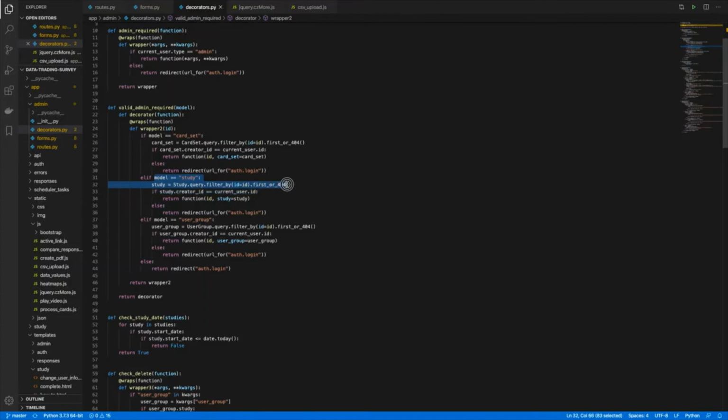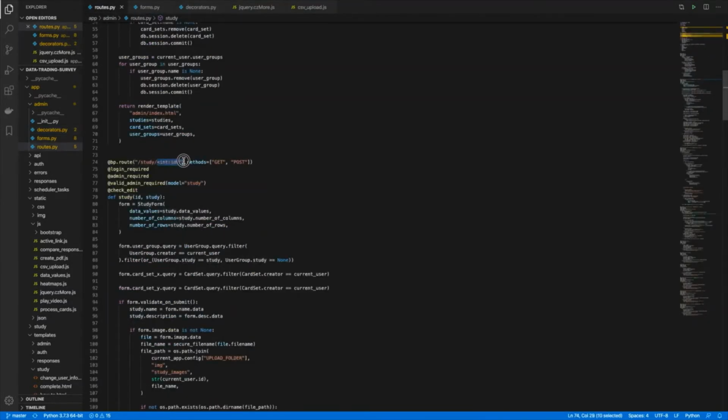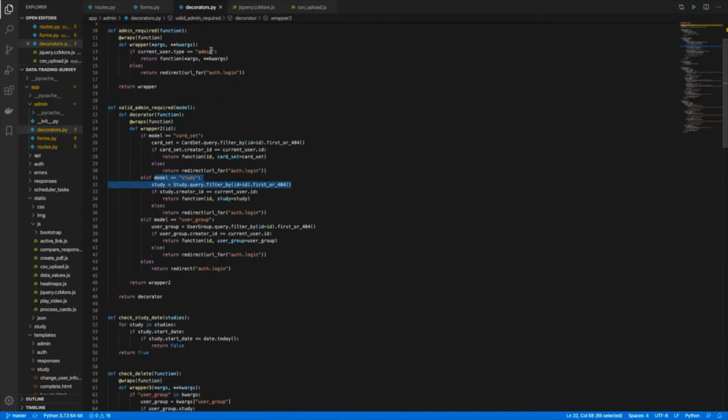it checks whether the study ID that they're attempting to access via the URL, this ID here, is one which they've actually created themselves. So we're querying first for the study based upon the ID that they've entered in the URL, and we're checking whether the study creator is the current user.